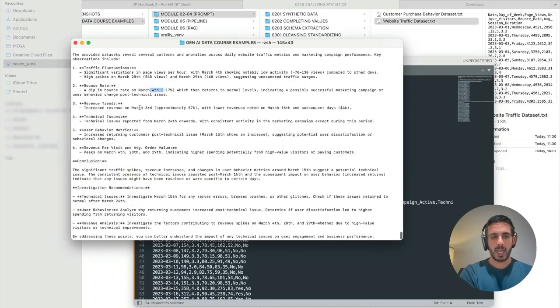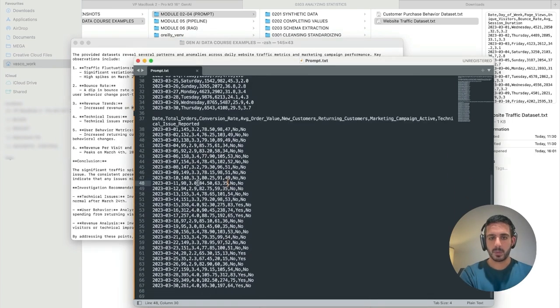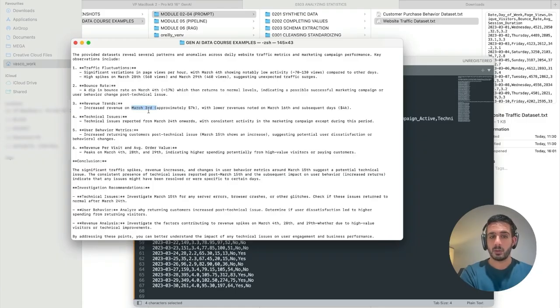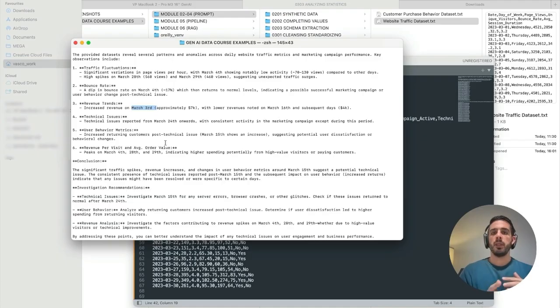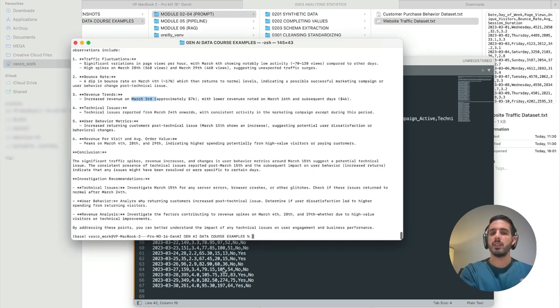So do we have increased revenue on March 3rd though? So I'm vetting all of the conclusions that it's drawing, right? So 3.2, I'm assuming that this is in thousands of dollars, 3.2K, for example, 3.4K, increased revenue on March 3rd, approximately 7K. No, not at all. It's 3.3. Unless there is something that I'm missing here, but I think not. So as we can see, there are certain things that it detects as anomalies, which are not anomalies at all, but then there are others which do make sense, which is why it's always good to validate